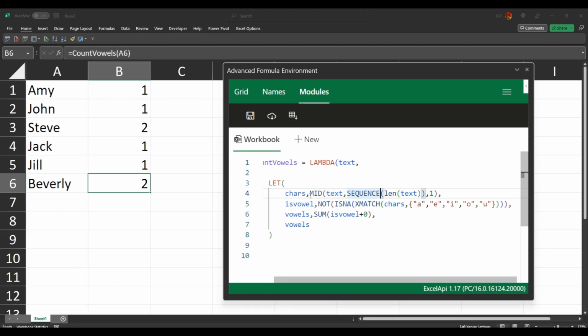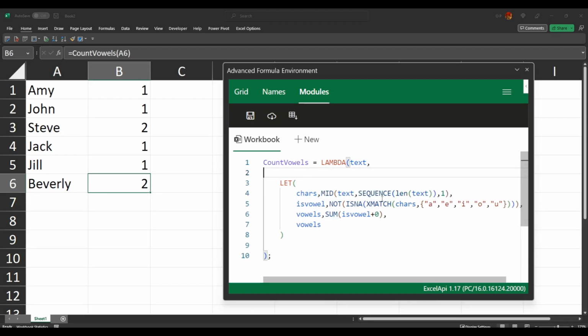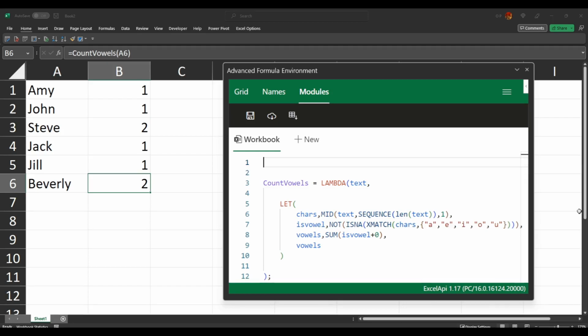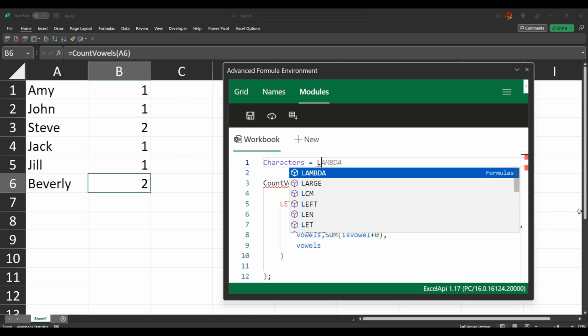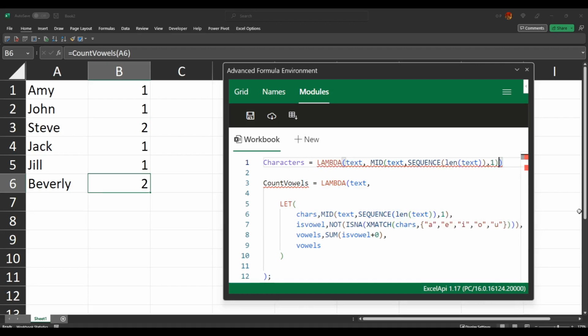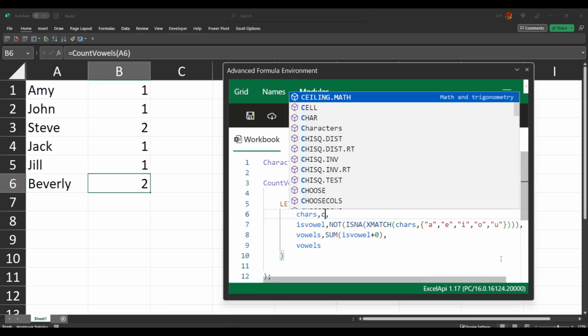Now there are some patterns here which we can extract and use in other functions. So this MID statement to convert text into some characters can be used in lots of different places. So let's get characters equals lambda text. So we can reuse that now. That's a new lambda function, and let's call it characters